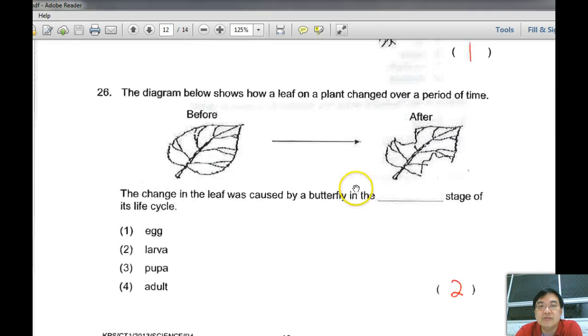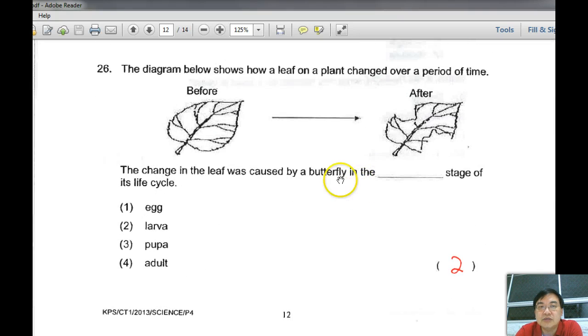Okay, let's carry on. Now, the diagram shows below how leaves on the plant change over a period of time. Now, the change of the leaf was caused by a butterfly in what stage? Okay, in the larva stage, right? The caterpillar eats this, right? Next,